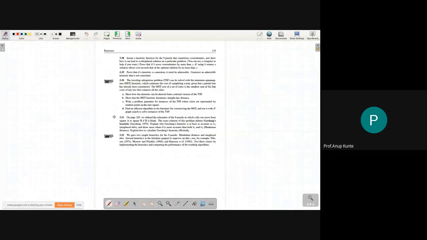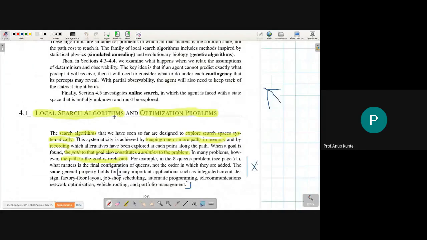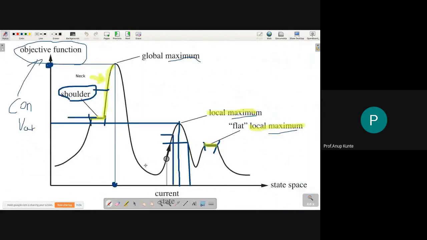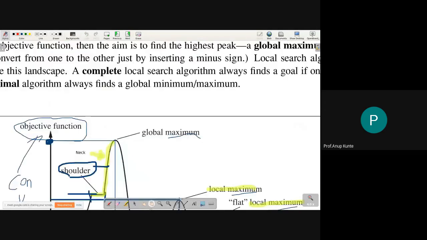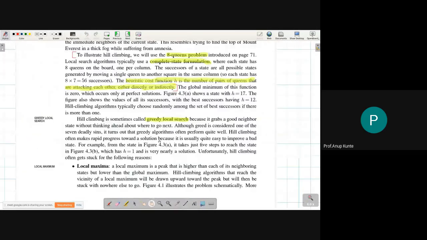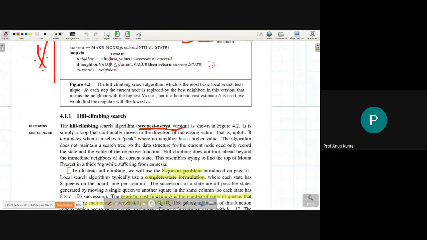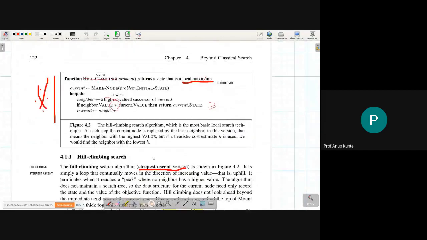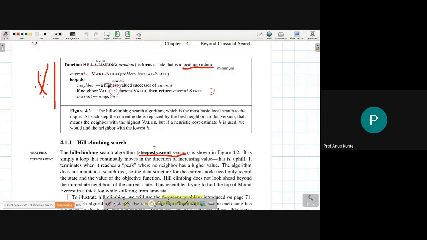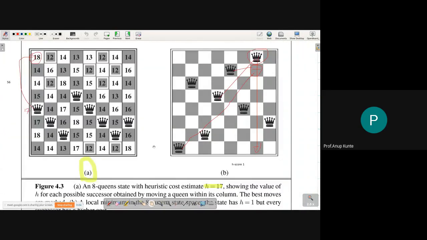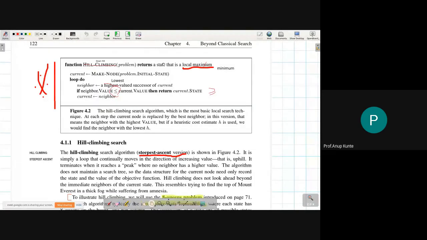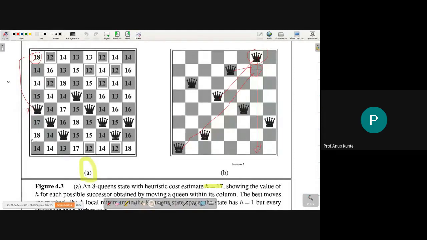The algorithm that we listed here, I think it is on the second or third page. This is how this algorithm works on a real or actual problem. This is also not a real world problem, it's a puzzle problem. We are doing downhill. We are taking one input state and then computing the h value, which is now our objective function value for this particular problem.